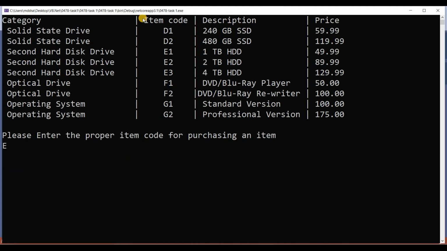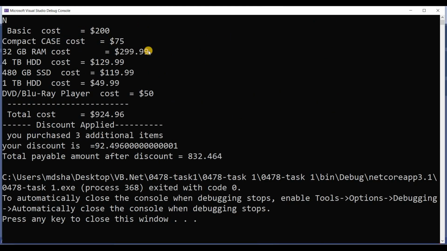Enter E1. Do you want additional item again? I'm saying yes. Then they're asking me to enter the proper item code. F1. Do you want additional item? I'm saying no. Now what have they written?